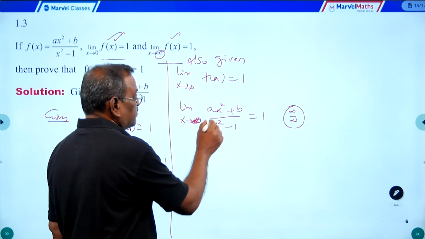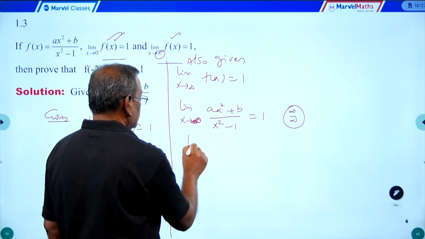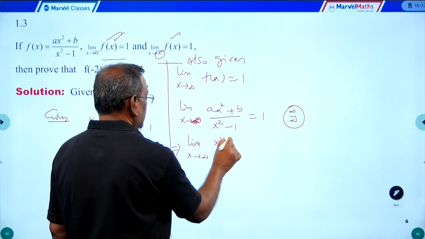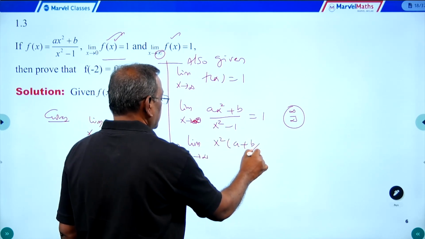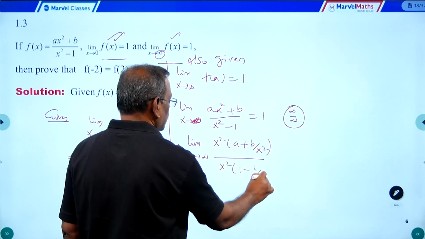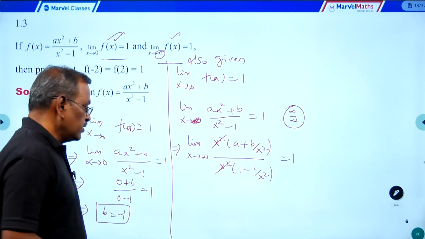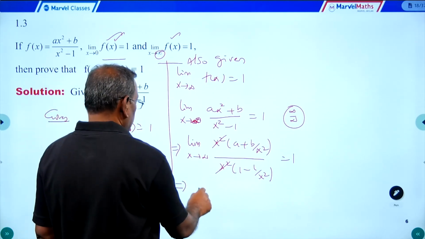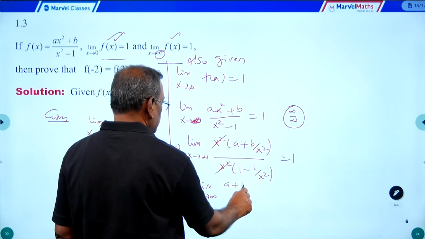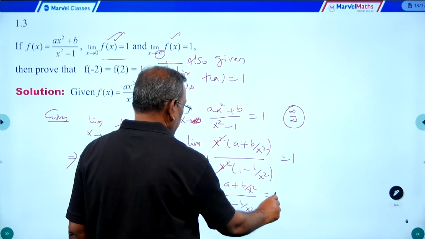So what is the highest power of x from the numerator? x square. Denominator, x square. So what does the value become? Limit x approaches infinity of x square into (a plus b by x square) by x square into (1 minus 1 by x square) equals 1. Now these two get cancelled. Now you can substitute here. So limit x approaches infinity of (a plus b by x square) by (1 minus 1 by x square) equals,